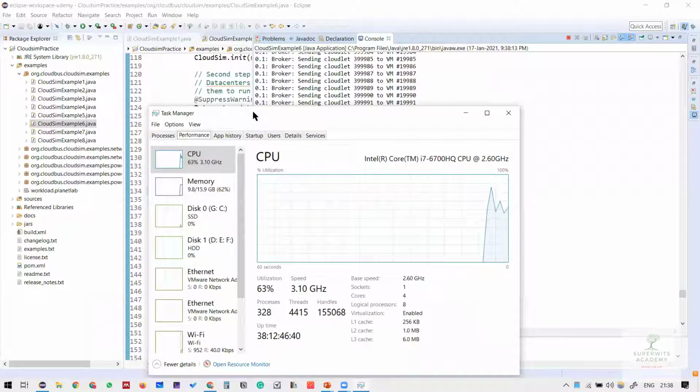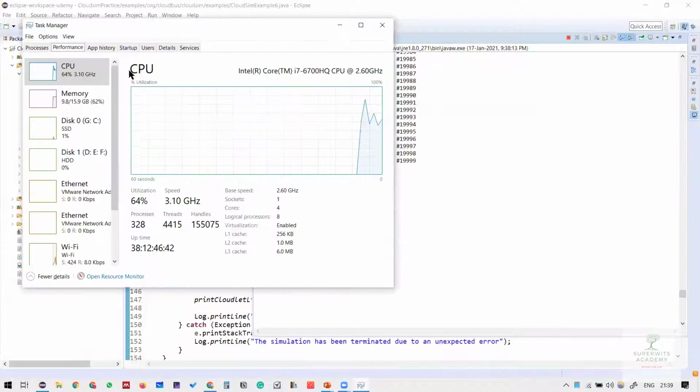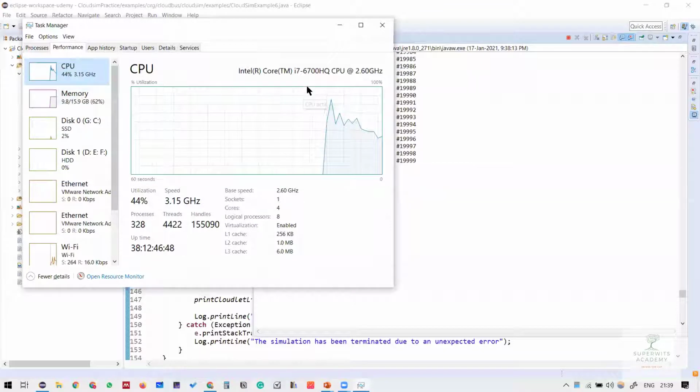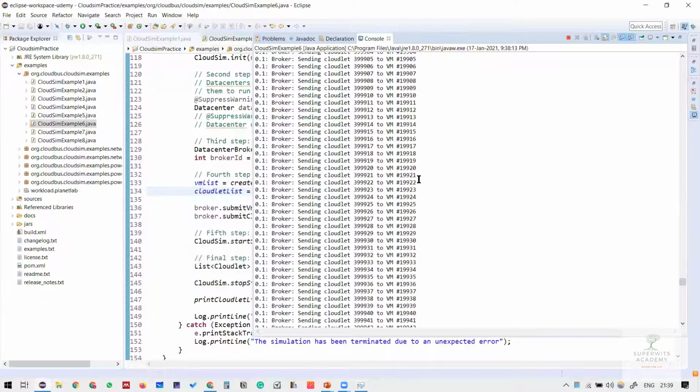So this is what is there in the background. System is using somewhere around, I think, 9.8 GB for this particular simulation, and the CPU is around 49. Previously it was 100, and so on. So depending upon the capability of your machine, you can run as many instances as you want corresponding to this particular system.